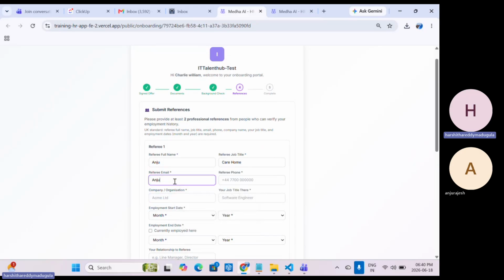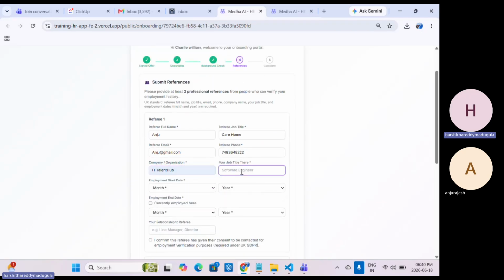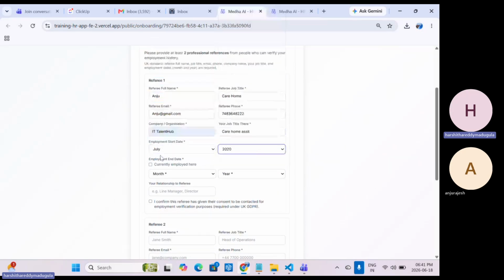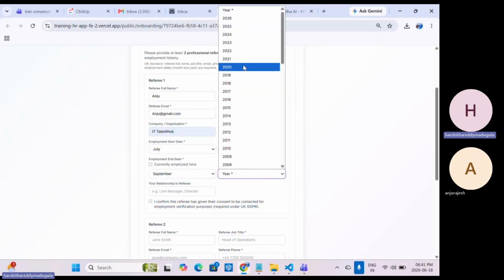And the reference mail ID, along with his mobile number and the organization that he is going to work for, and the candidate who is applying for the job through our application, what job title he held in the previous organization. And the employment start date, the month and the year, when he started and when he ended his